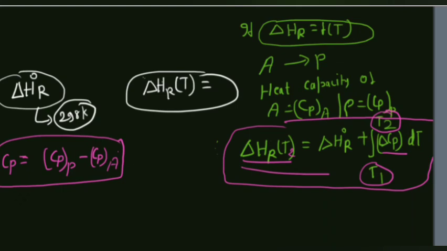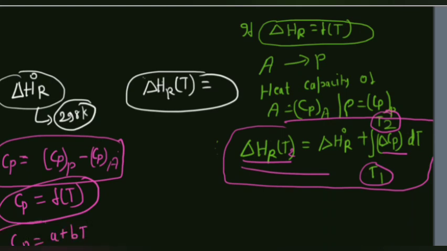Now understand one thing: if Cp is a function of temperature, if Cp is given as A plus BT, then in that condition you again substitute these things in the same way and calculate. Okay, I think it's very clear to all of you now. Now understand one thing: how will we calculate Cp average? Only I am telling you, how will we calculate Cp average?